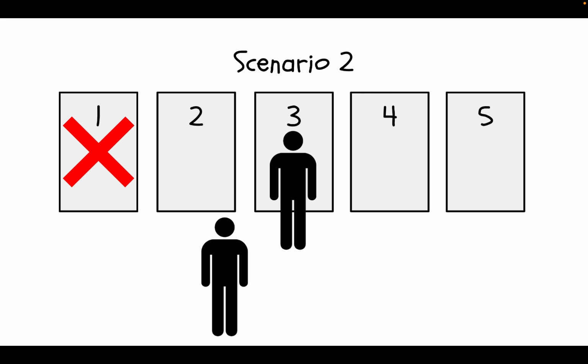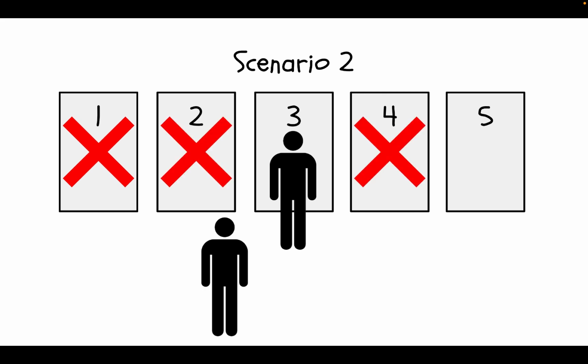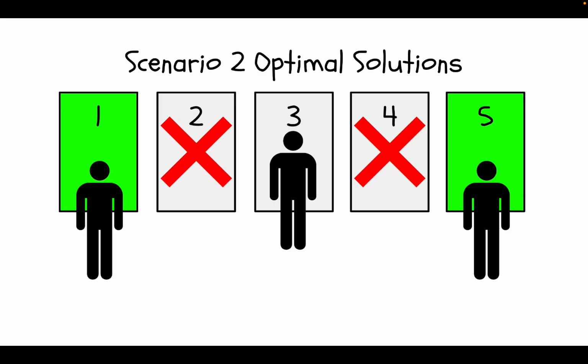Well, we can immediately eliminate slot 1, 2, 4, and 5. So that means every slot is eliminated. So what do? Well, we have to split the losses. So would you rather be next to one guy very closely or have a space between them? Exactly, a space between them. So that means the solution is slot 1 or slot 5. They both work.